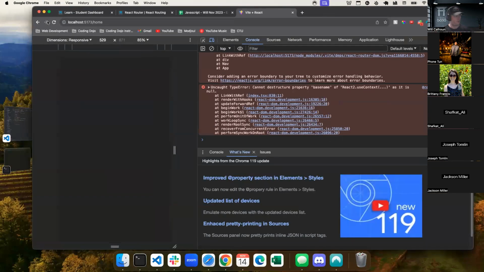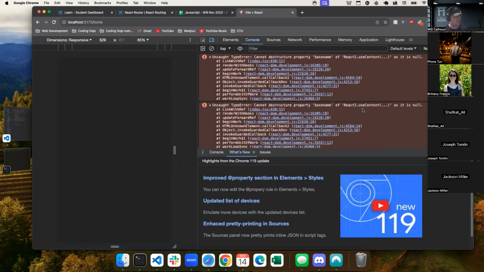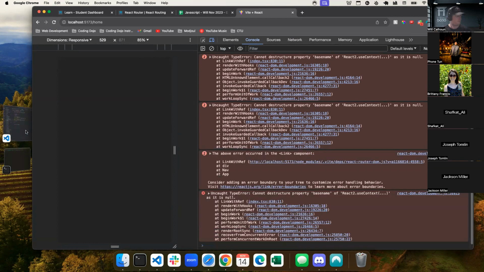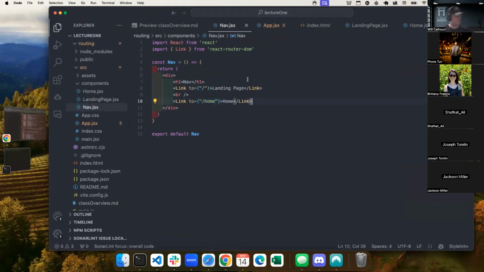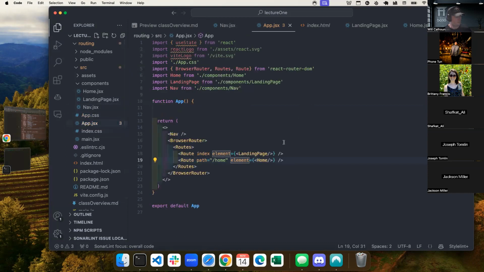But now if I come here and I refresh, I get the same error. Cannot destructure property base name. Let me see. Go to my app.jsx and see.